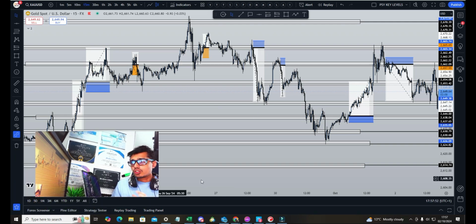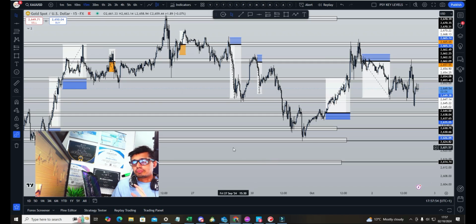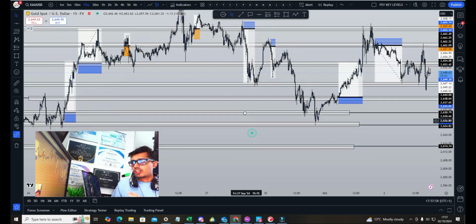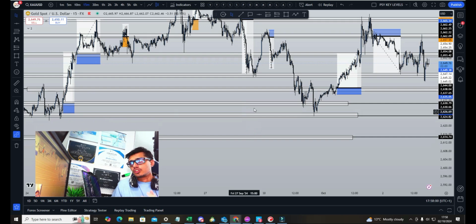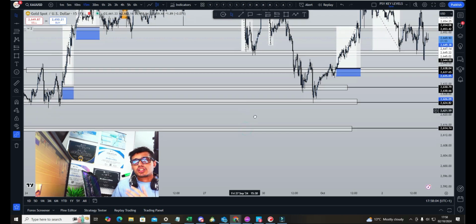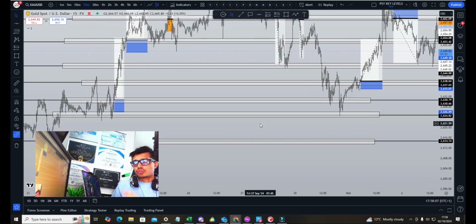Now I'm going to be using gold for the example. Gold is a beast when it comes to trading. I'm going to be applying the break and retest strategy like I always do. If you've been watching my previous videos, I always like to apply the break and retest because it's the strategy I only use. I'm not a YouTuber, I'm a trader. I'm not one of those content creators where I'm trading one thing, but on the channel I show hundreds of different strategies. It doesn't make sense.